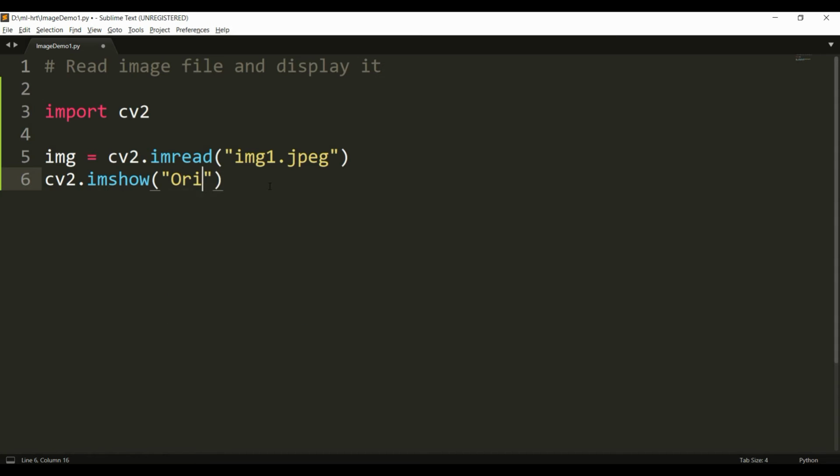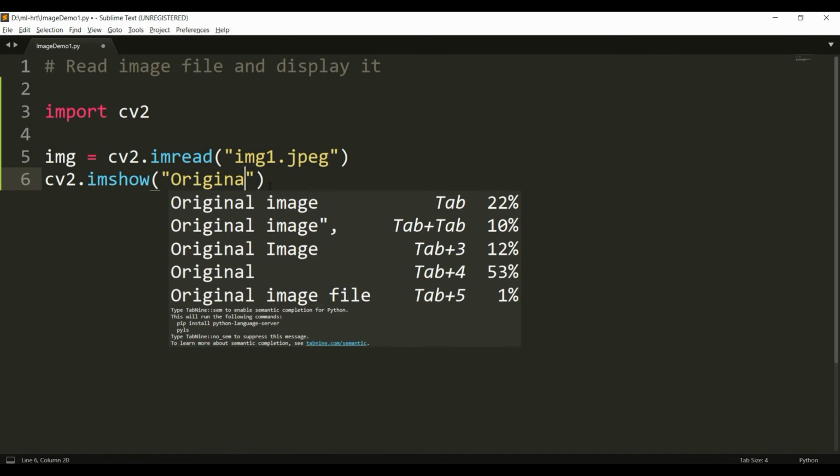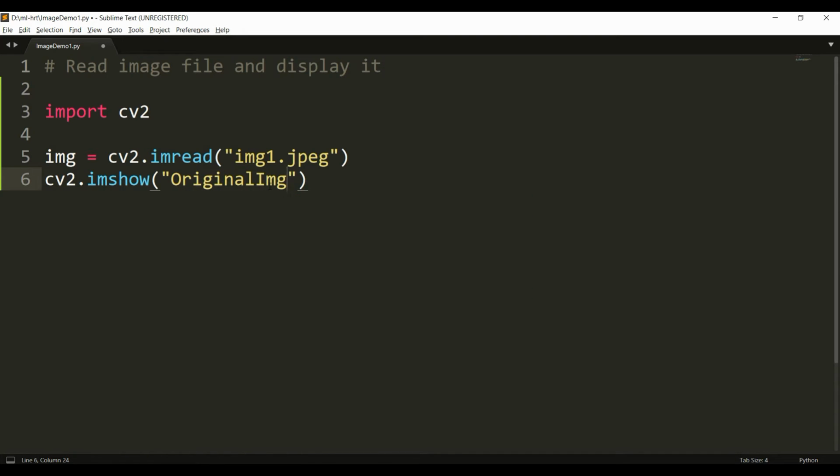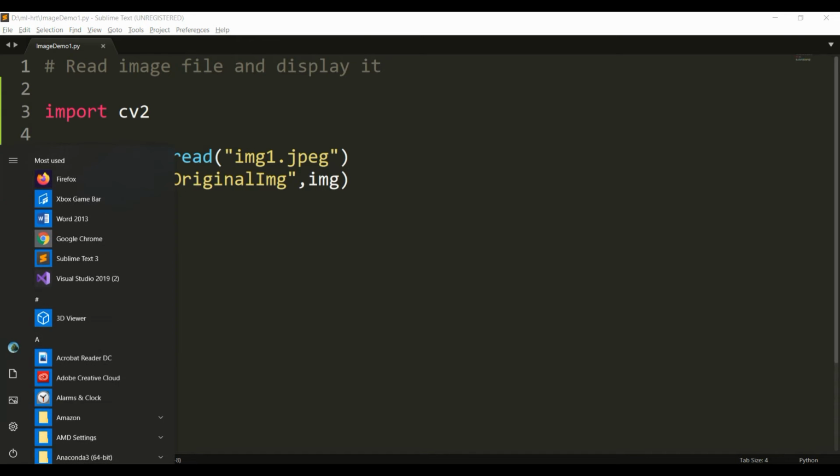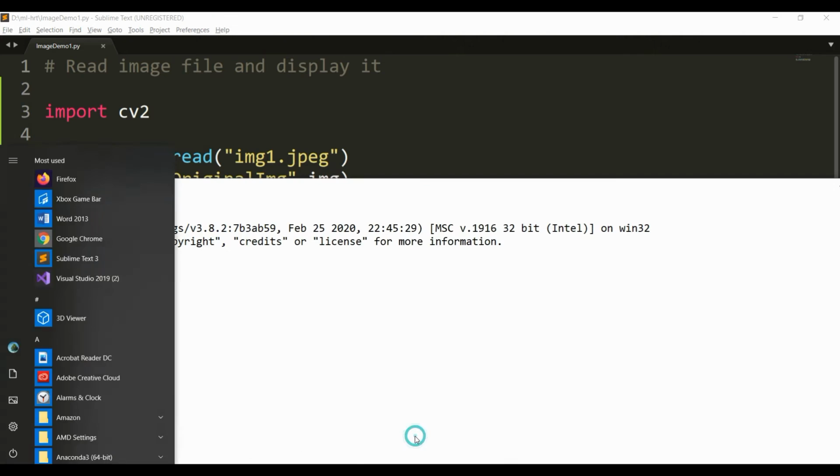So here I say let the window name be original img. So original img is the name of the window, where it will be useful I will show you very soon. Now what we want to display in that window, the image contained in the variable img, that I want to show. Now after doing this, when you run your program,